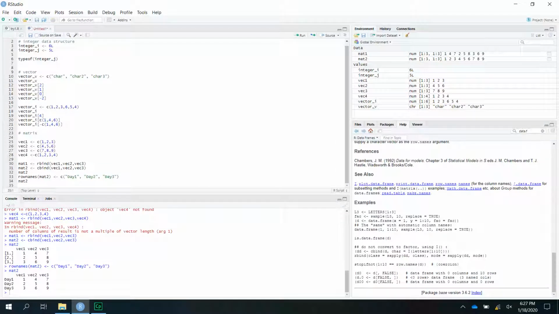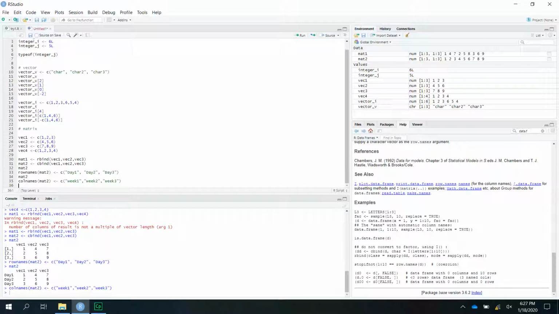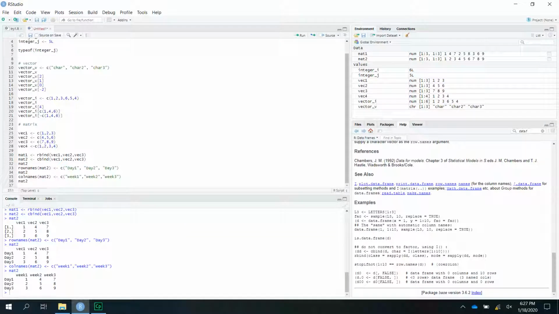So the row names are changed. Similarly, we can change the column names too. Column names, mat. The column names are also changed. So column names are changed, and if we want to access a particular element, we can write mat